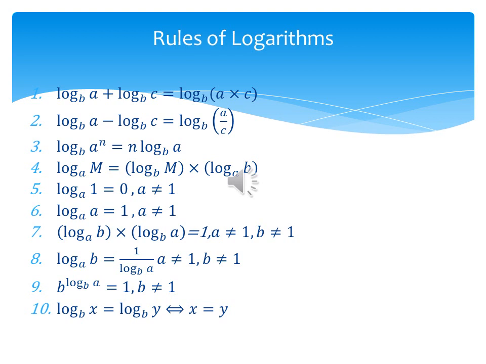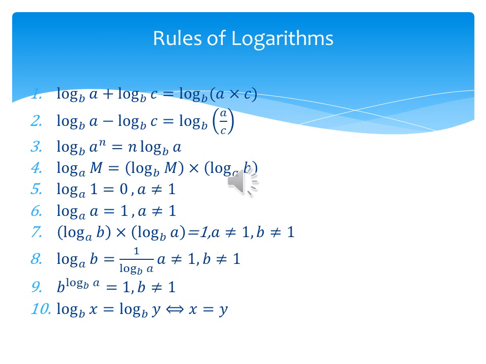So log m to the base a can be written as log m to the base b into log b to the base a. Log of 1 to any base is 0 provided that the base is not equal to 1, and log of a number to its same base is also 1. Log b to the base a into log a to the base b will be 1 provided a and b both are not equal to 1. Similarly, you can write log b to the base a as 1 by log of a to the base b.